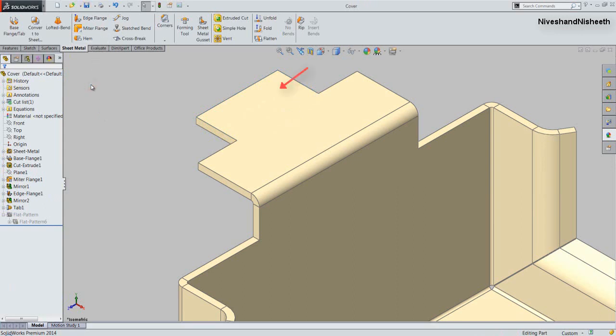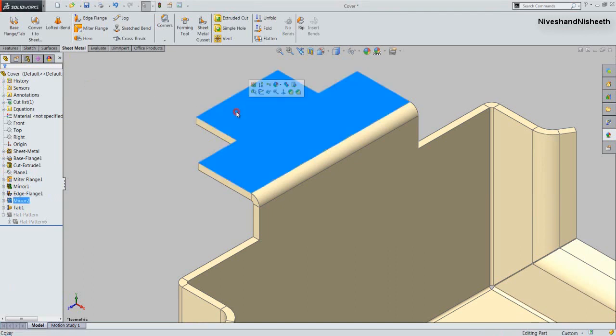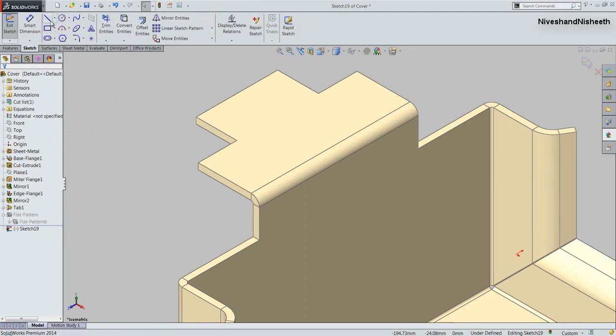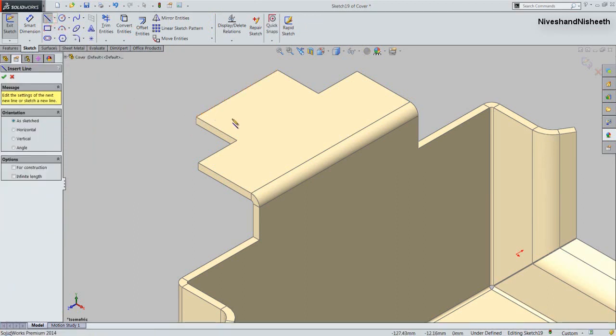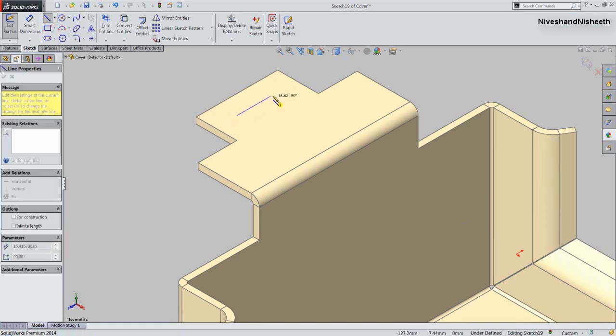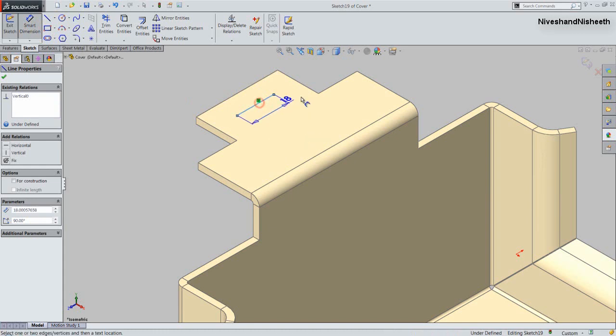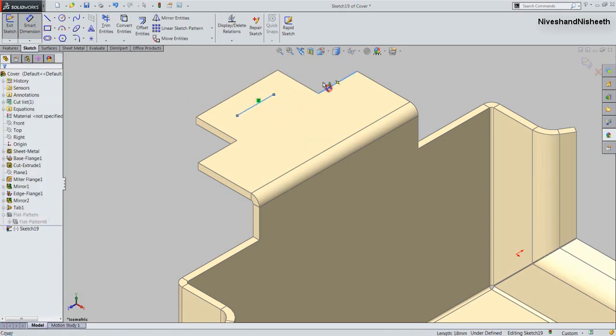Now the tab feature is created here over the cover. Select this face of the model and activate the sketched bend tool on here. Create a line like this, and apply the dimension 10 mm between these two lines.